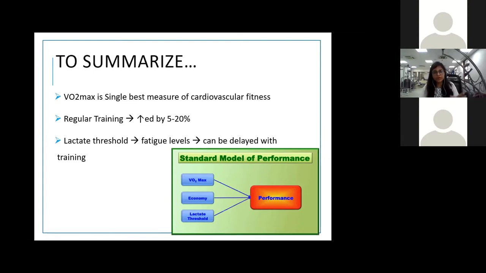And the heart rate values around the lactate threshold give a lot of information about how the training needs to be modified. So it's important. And as you could see in the graph, performance is definitely dependent on many other things, but the VO2 max, lactate threshold, and running economy are the ones which in the end determine the athlete's performance and the final time.